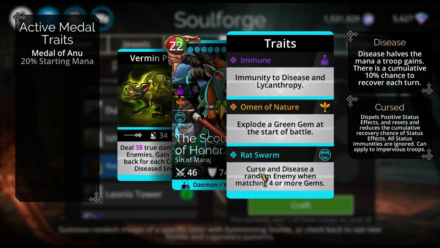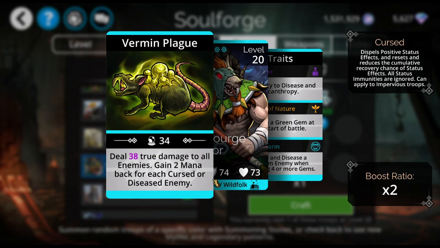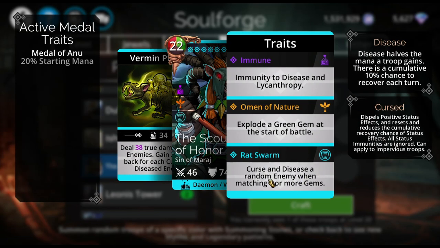It also removes every positive status effect that a troop may have on it. So if they're submerged, that goes away. And this is why I really like having something with me that can curse when I'm doing delving, especially with High King Iron Gut. And he does do true damage to all enemies. He gets back mana for each cursed or diseased enemy with a ×2 boost ratio, and since every match 4,